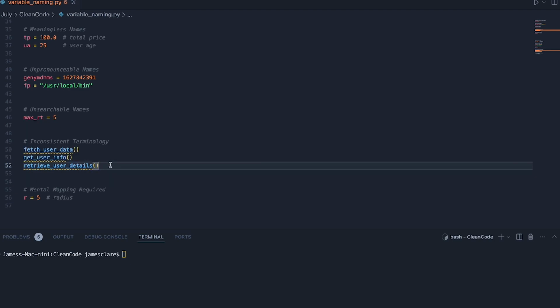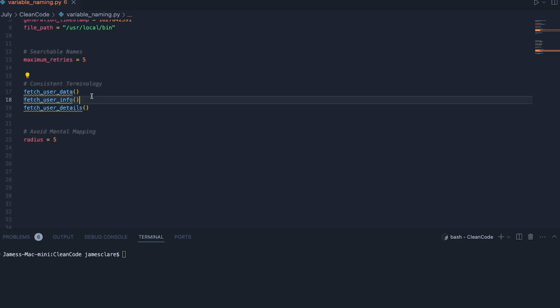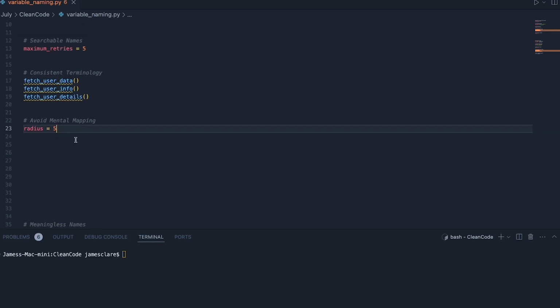The fact that it works, and on a grand scale, there's nothing wrong with the code here. Following this principle of making it as clean and as simple as possible gives you a better time, and of course other people working with your code are going to be happy as well, that they're all written in a nice consistent way. Lastly, we have mental mapping.